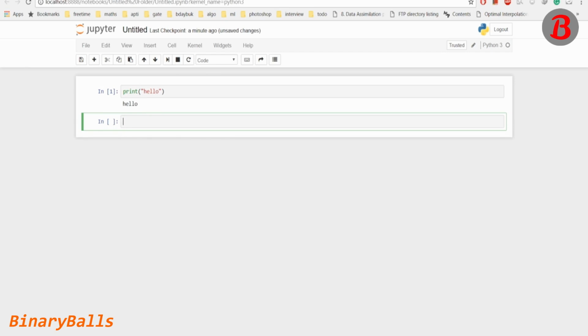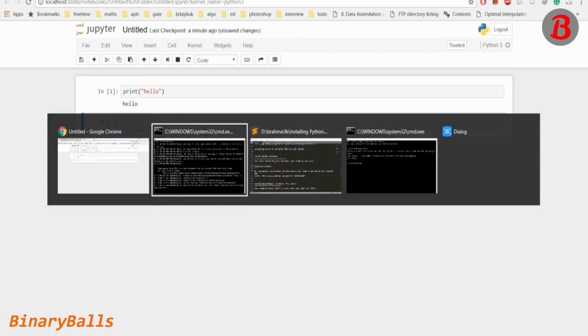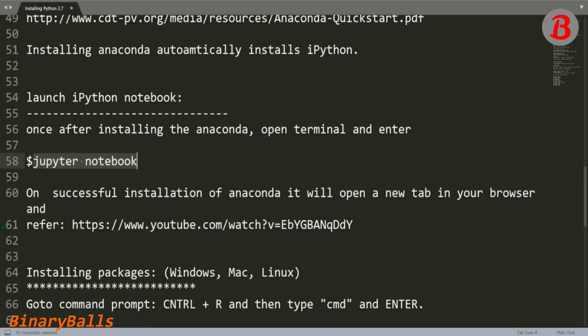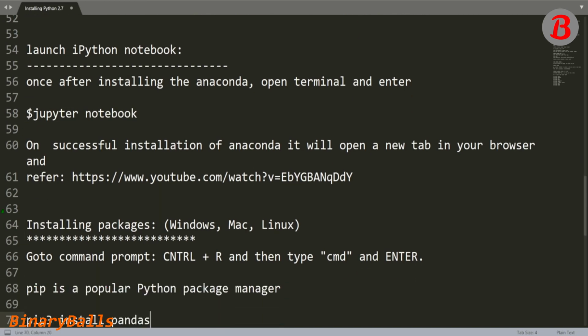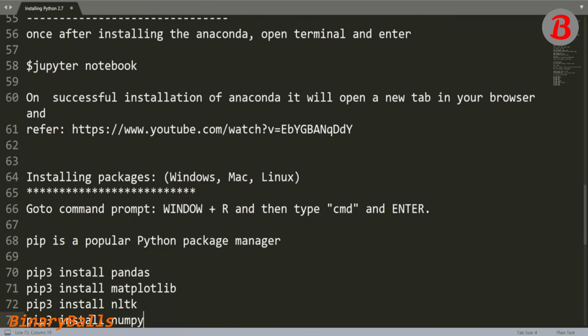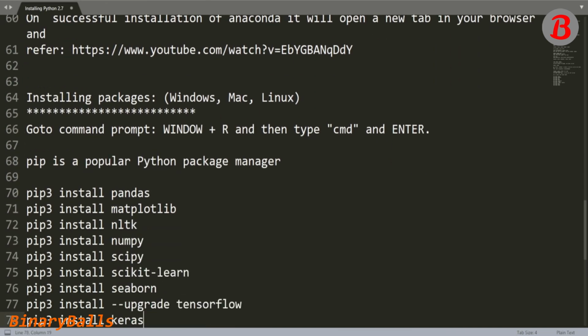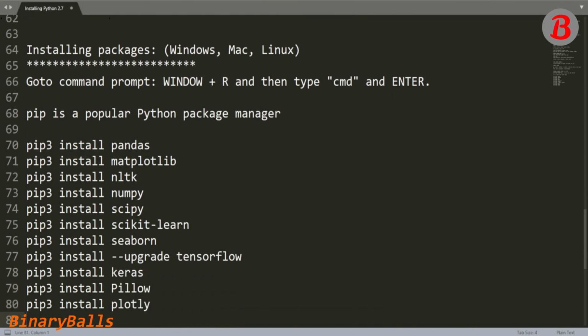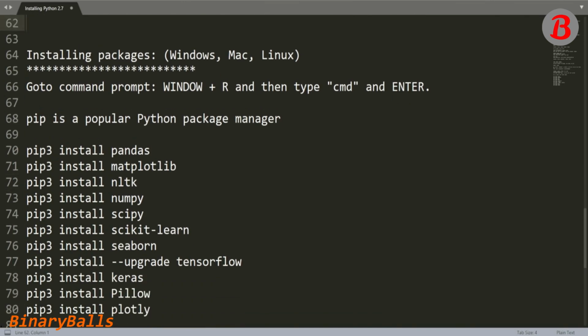Now since we know how to use Jupyter, let's go ahead and understand, this is a simple typo here. There are multiple packages that we have to install: pandas, matplotlib, nltk, numpy, scipy. There are all these packages that you have to install, and it's very easy to install all of them. If you are on Mac and Linux, please open the terminal. If you're on Windows, go to the command prompt, and we can quickly get to the command prompt using Windows R. Since I have it already open here,